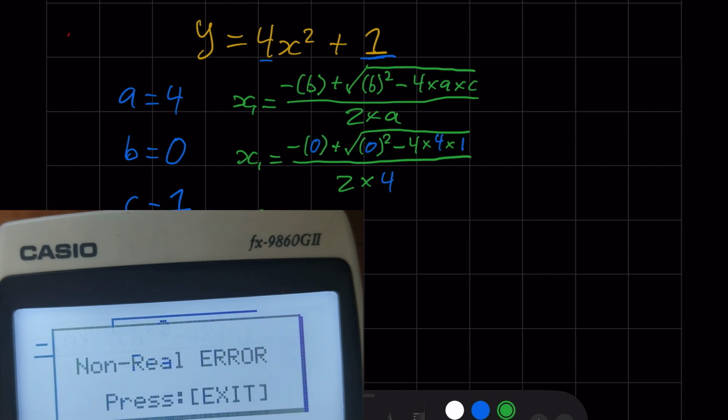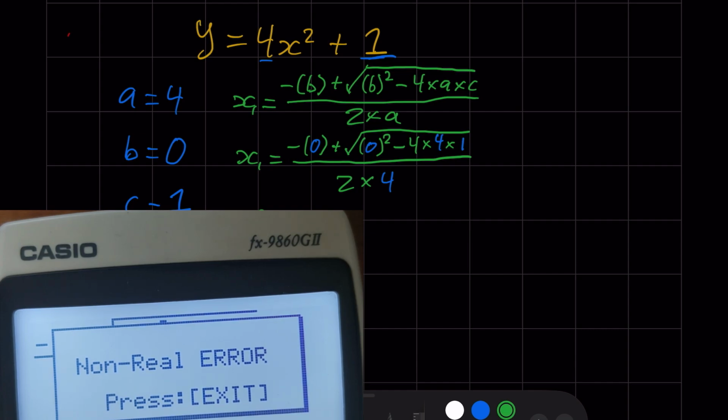I press equals, and I get this error. Now, if you were to get an error that was something similar to this, or it could just say math error, what that error means is that this set of a, b, and c values